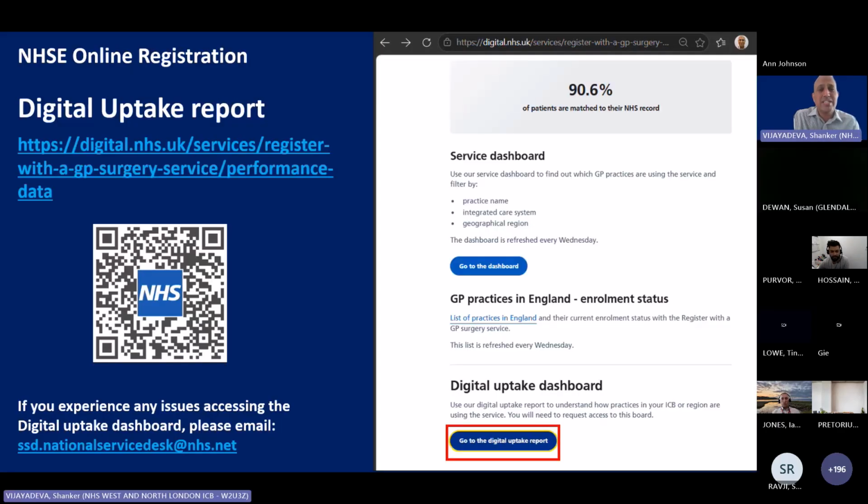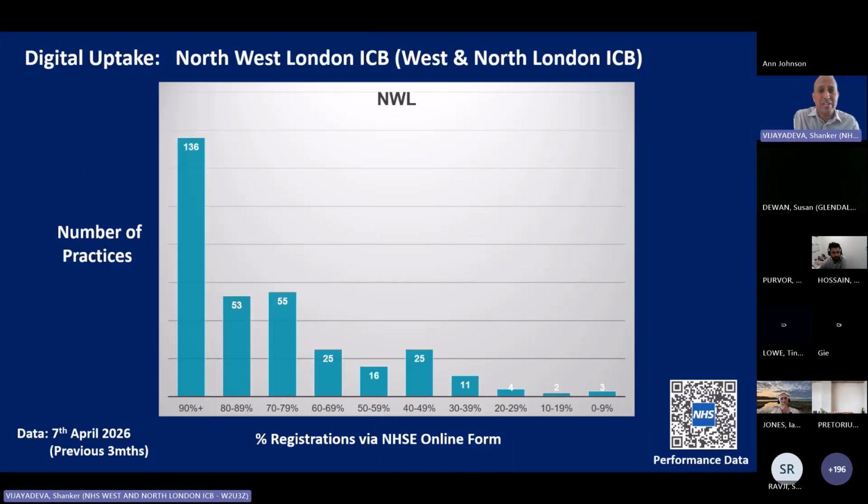That QR code takes you to a web page where you can look at the digital uptake dashboard. Now, you do need to request access on it. Some of us have had problems experiencing access. If you do, please use that email address. Do flag it if you can't get access. But let's crack on. So we're covering London today, and I'm going to start in my little patch, Northwest London,